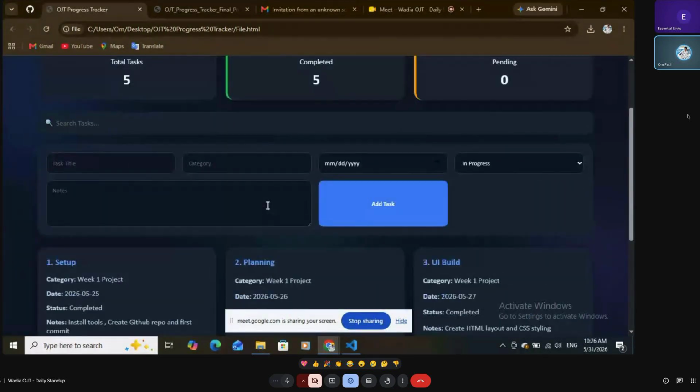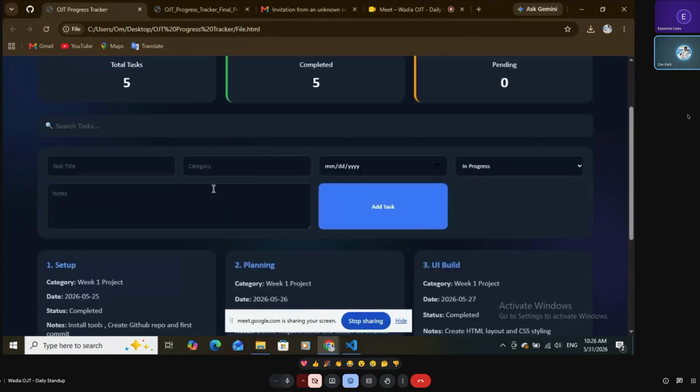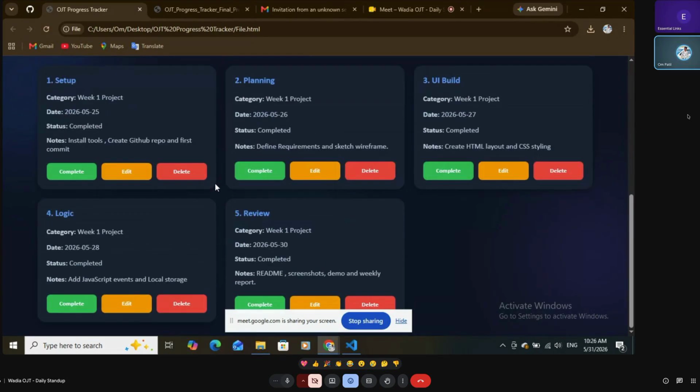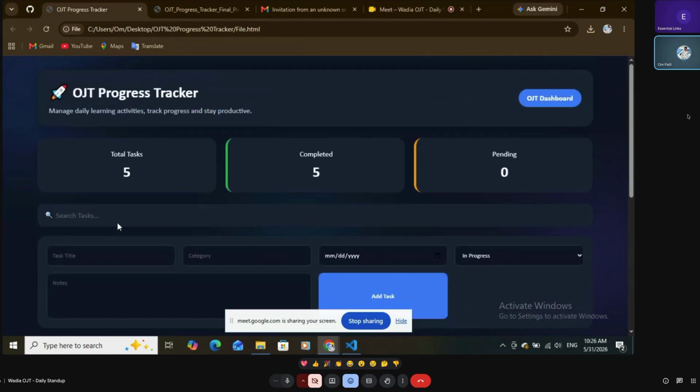The main purpose of this project is to help students manage and track their daily OJT activities, like learning progress and the status of the task, like completed or in progress. Also, I have added the basic features that were requested. Dark mode is also added. I will show you.